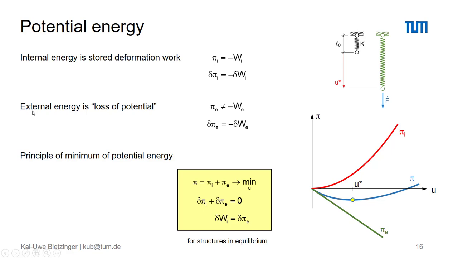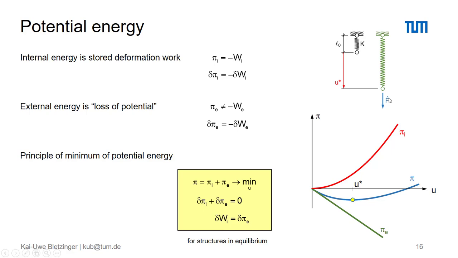The external energy, instead, is the loss of potential. And if you just look at the intended force which we like to apply to our structure, you see that with respect to the initial position, which is up there, obviously we have a loss of height, let's say, which means a loss of potential of this external force F hat. And if you just define the external energy with respect to the final force, the intended force F hat,